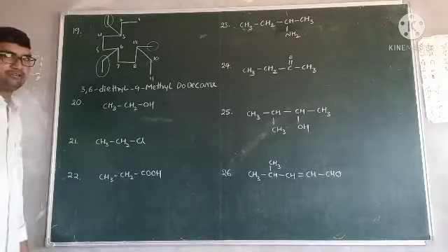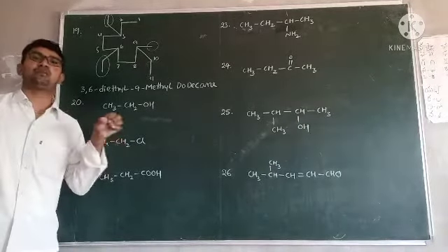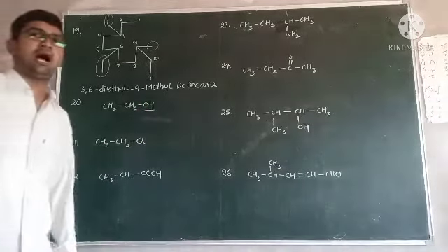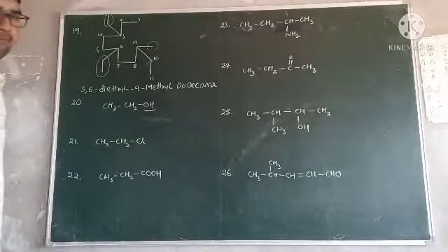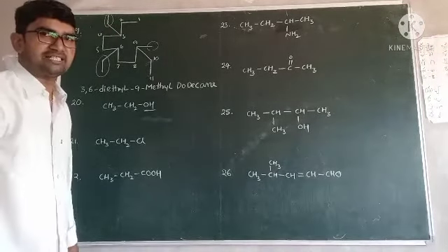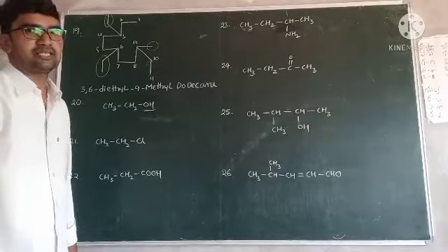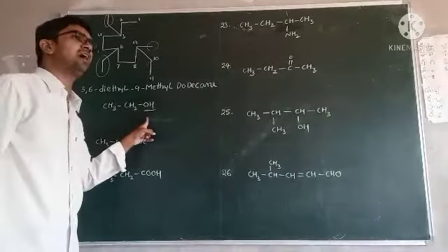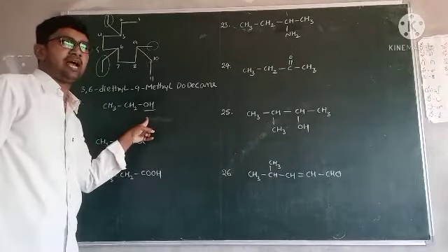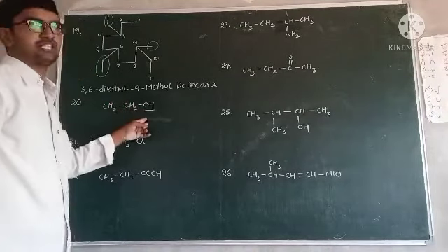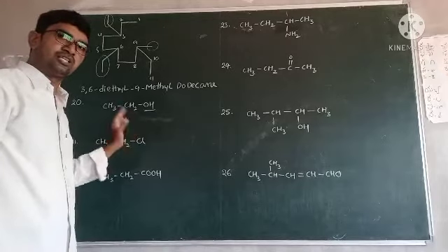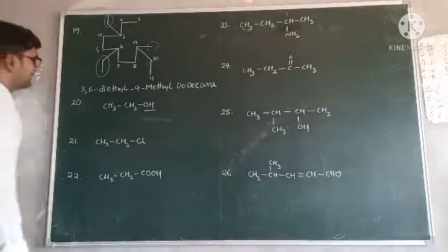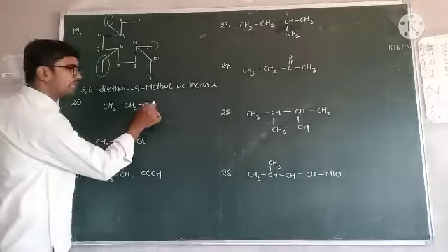CH3CH2OH. First time a functional group is present. OH is the functional group. What is the functional group name? Alcohol. What is the suffix name? Ol. What is the prefix name? Hydroxy. So whatever it may be, the main name is ol, the dummy name is hydroxy. But here only one functional group is present in this compound. So in this movie, this is the main hero. No problem. Based on this one, you have to give the numbering.